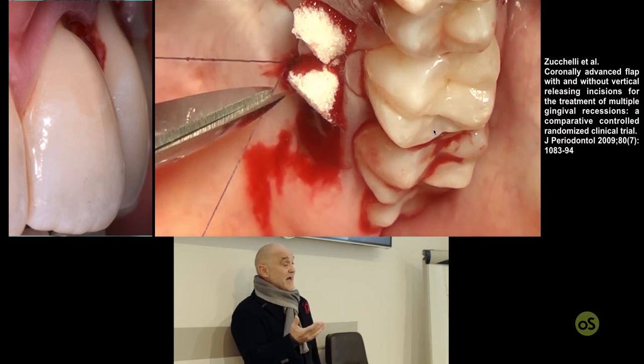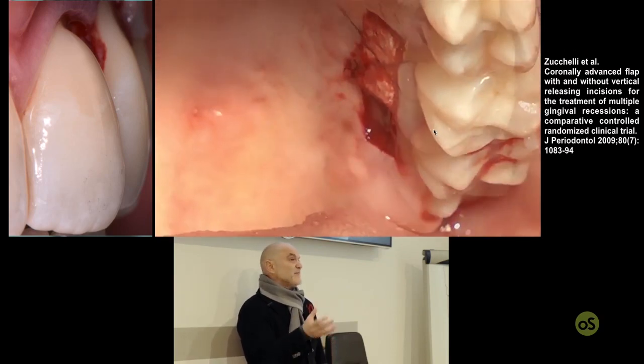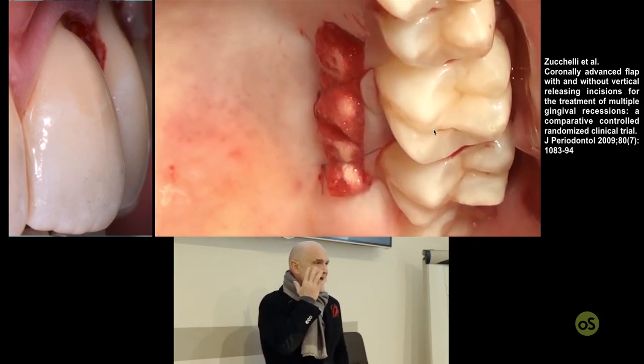The only reason why we add this collagen sponge is to avoid early bleeding if the patient, for example, during the night can